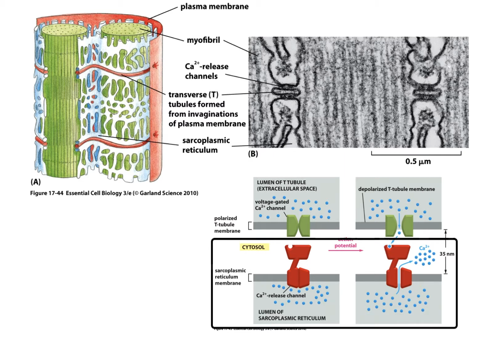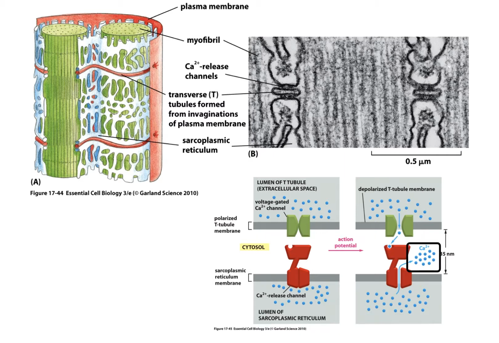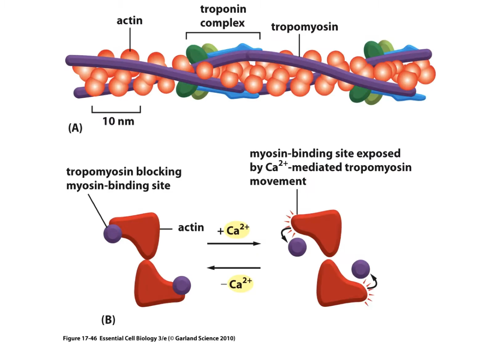So that opens a gate and releases a lot of calcium from the sarcoplasmic reticulum, and those are surrounding the actin and myosin bundles. The calcium then can bind to tropomyosin, and so here's the tropomyosin that's surrounding the actin, and that blocks a site on the actin where the head of the myosin can attach. So as you add calcium, that causes the tropomyosin to move off of those sites, and then the myosin heads